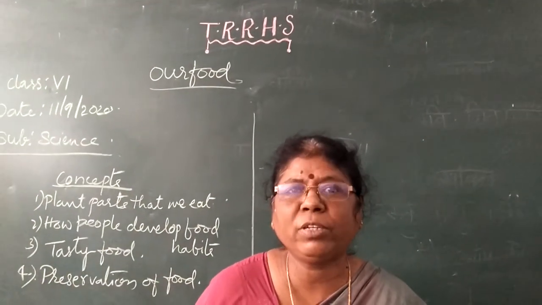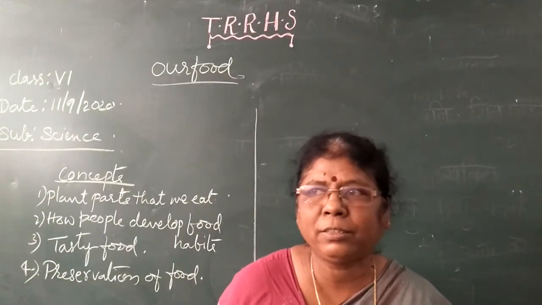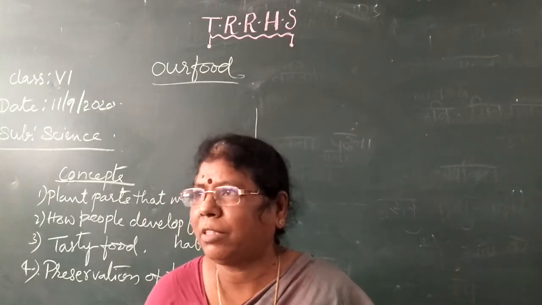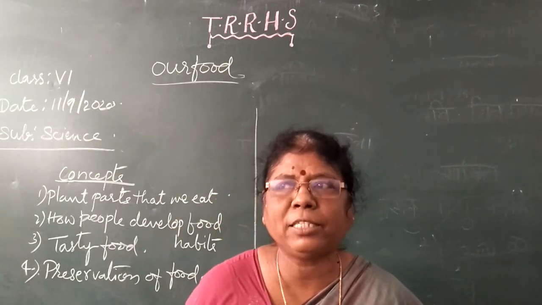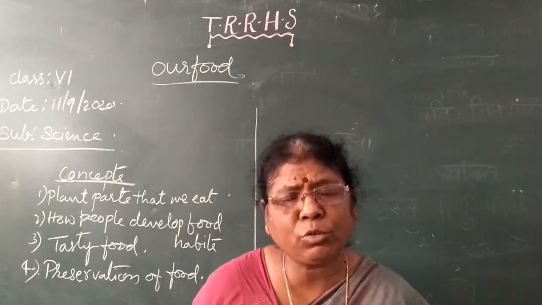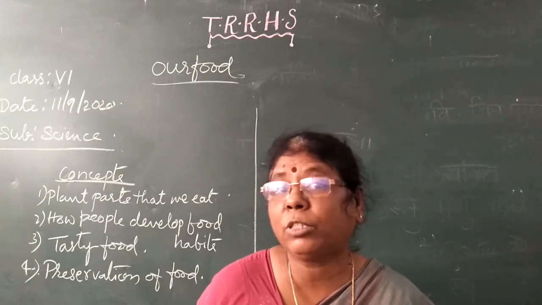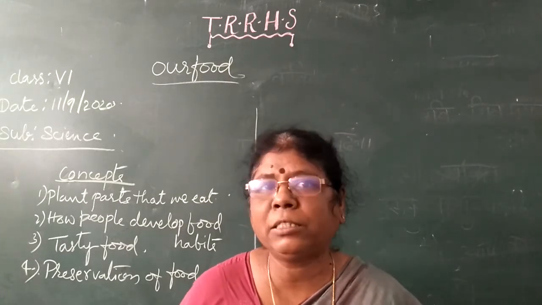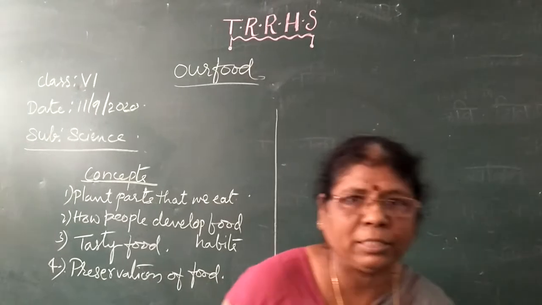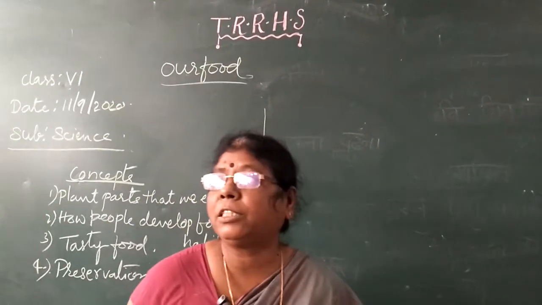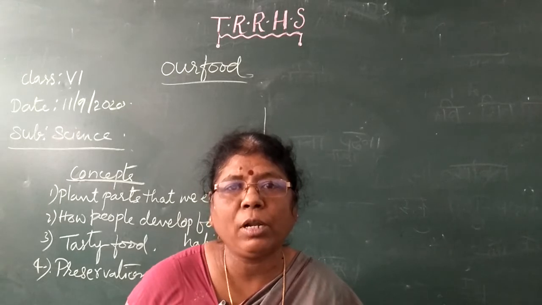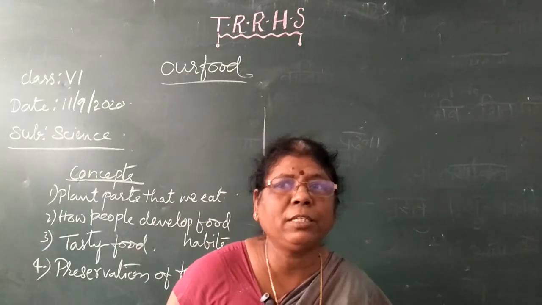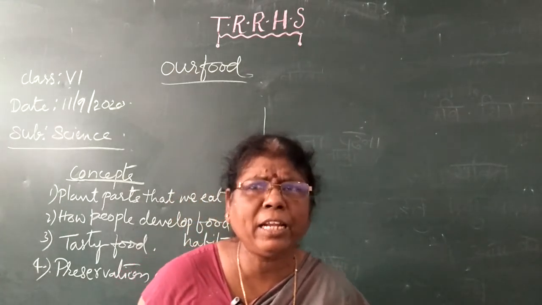Now we'll do a quick recap of the previous lesson. What we have discussed about the topic, isn't it? We have discussed from where we get food, from plants and animals. Why do we need food? To get energy. We have discussed the methods of food preparation and the ingredients we use to prepare the food. Ingredients play a very important role in cooking, isn't it? From where do we get these ingredients? We get them from plants and animals.